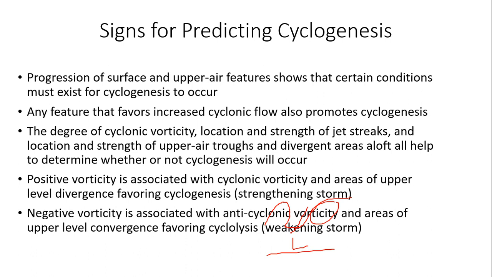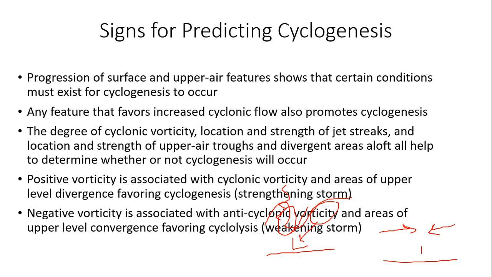The effects of that PVA, or positive vorticity advection, is removed from the surface cyclone. Okay, it's not in a favorable position, and now we have an area of negative vorticity advection coming in ahead of a shortwave ridge. That is going to act to increase upper level convergence. So if I increase upper level convergence, okay, there's no way the low pressure system can survive, because what's going